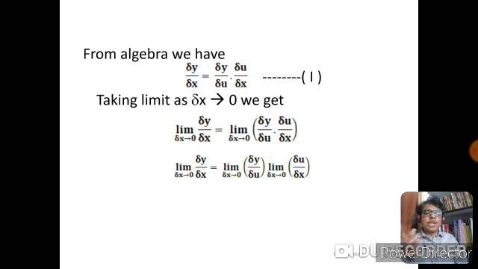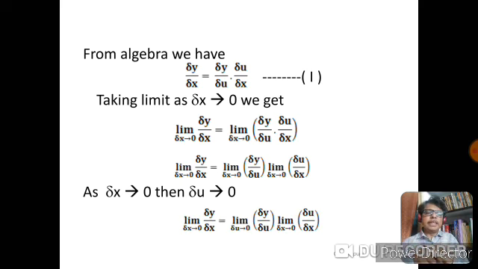So, we will get no change in the left hand side, only we have separated limits on the right hand side, limit delta x tends to 0, delta y by delta u into limit delta x tends to 0, delta u by delta x. In the first term we have delta y and delta u there, and the conditional limit is with delta x tends to 0. But already we have mentioned one statement. What is that? When delta x tends to 0, delta u also tends to 0. So, in the first term, now we can replace delta x tends to 0 by delta u tends to 0.